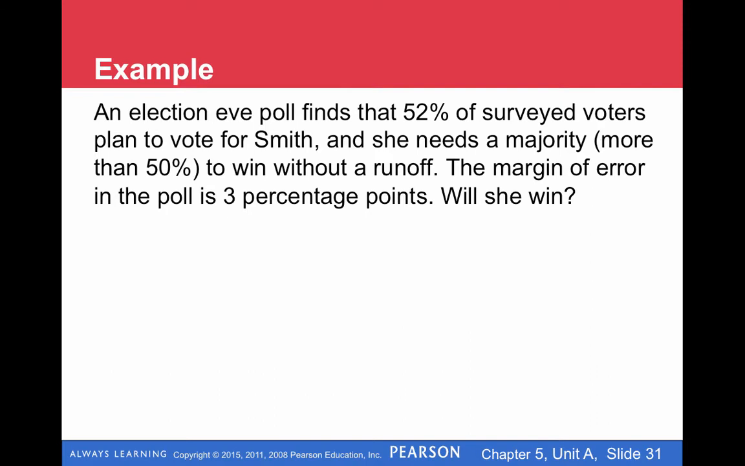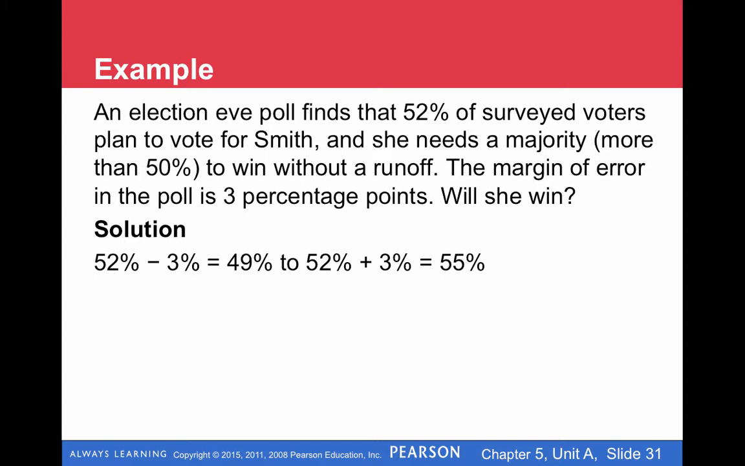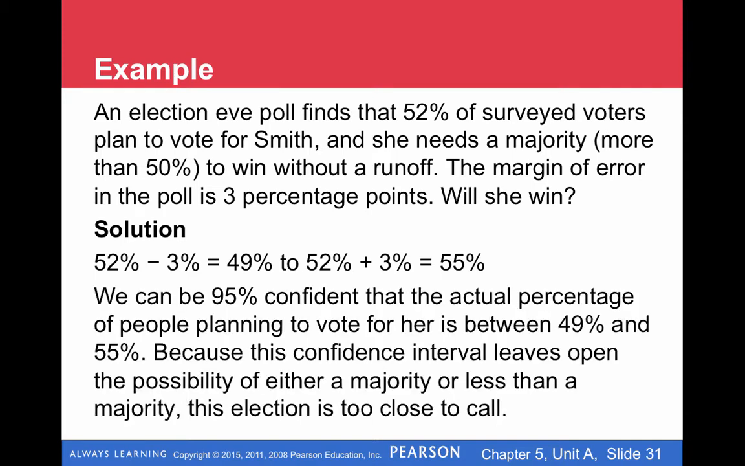So it says an election poll finds that 52% of surveyed voters plan to vote for Smith, and she needs a majority, which is more than 50%, to win without a runoff. The margin of error in the poll is 3 percentage points. Will she win? Well, we've got to get the actual interval. So the estimate is 52% with a margin of error of 3%. So we subtract 3 and add 3 to it. So we have an interval of